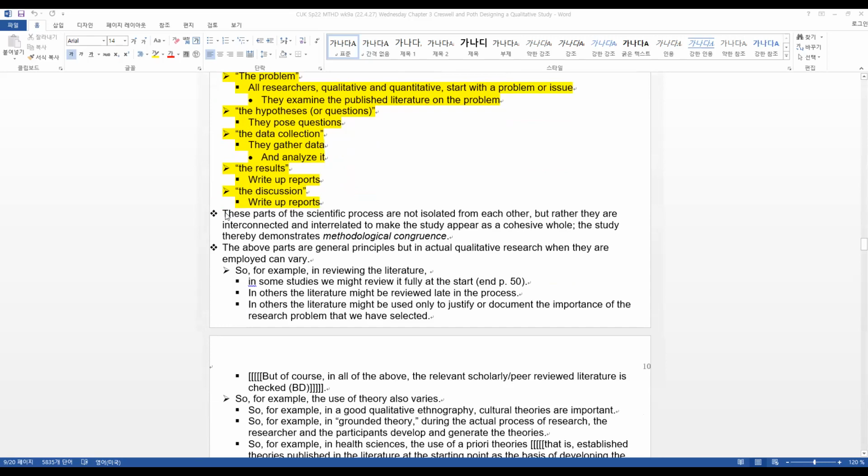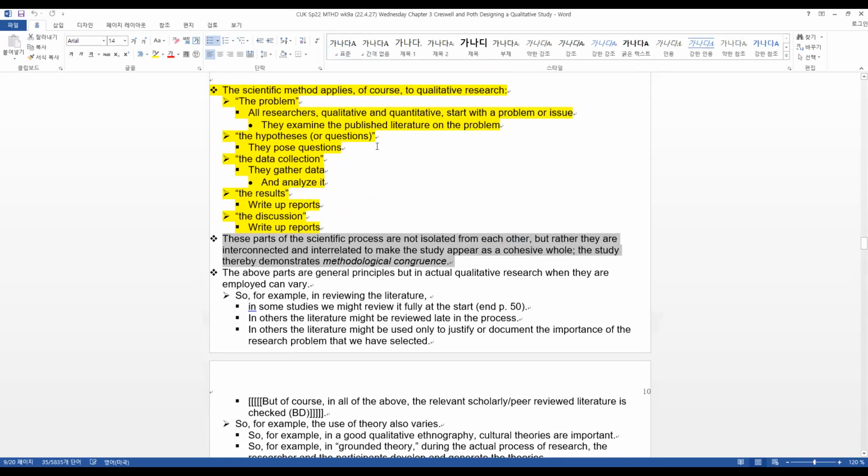And so these parts of the research project are not isolated from each other. You don't do one step and then another step. You find that you end up going back and forth, modifying your understanding of your problem, your research questions. You gather data, and the data you gather indicates that your research question or hypotheses, that's an ancient Greek word, right, needs to be modified or changed. So it's not just step 1, step 2, step 3, step 4. You're starting off with the problem, but then you will find as you go through this process that each of the stages affects the other stages as they grow and develop in your own mind.